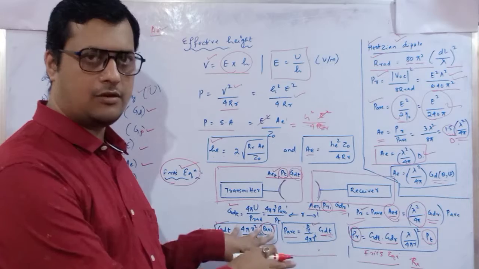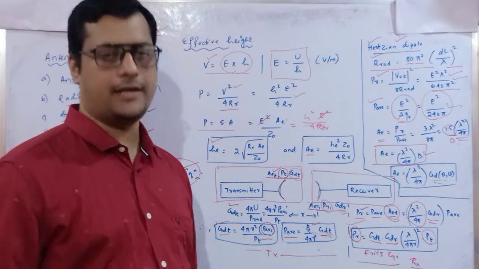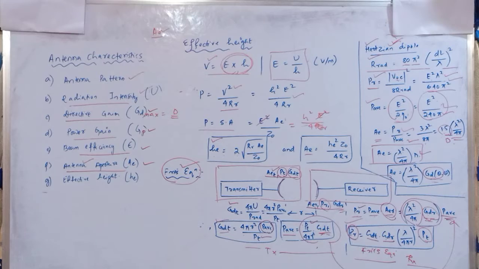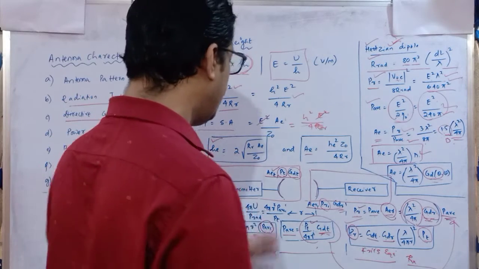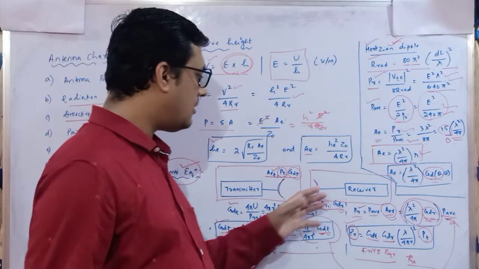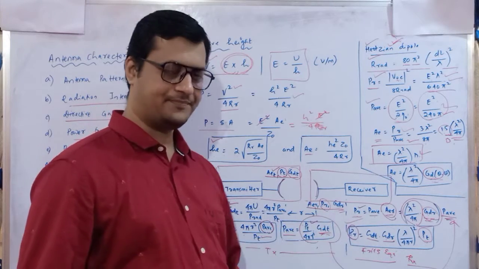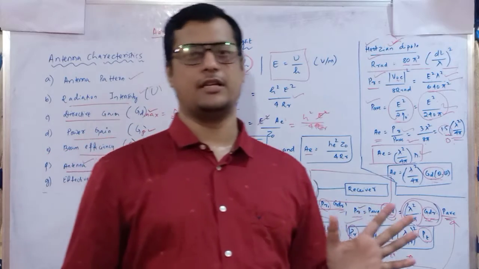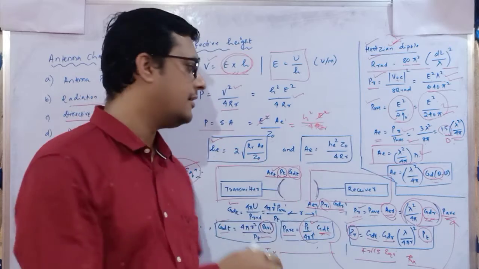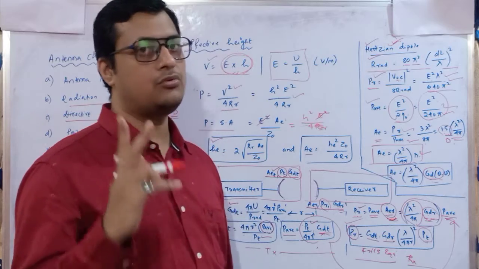This part is over. Now comes the receiver part. When we are receiving the signal, what components are there? The received power depends upon the average power. Now we will discuss the receiver. On what particular factor will it depend? The received power, as you can see here I have written, depends upon the average power I am receiving and the area of the antenna. So the average power I am receiving into the effective area of the receiver. These are the two features.